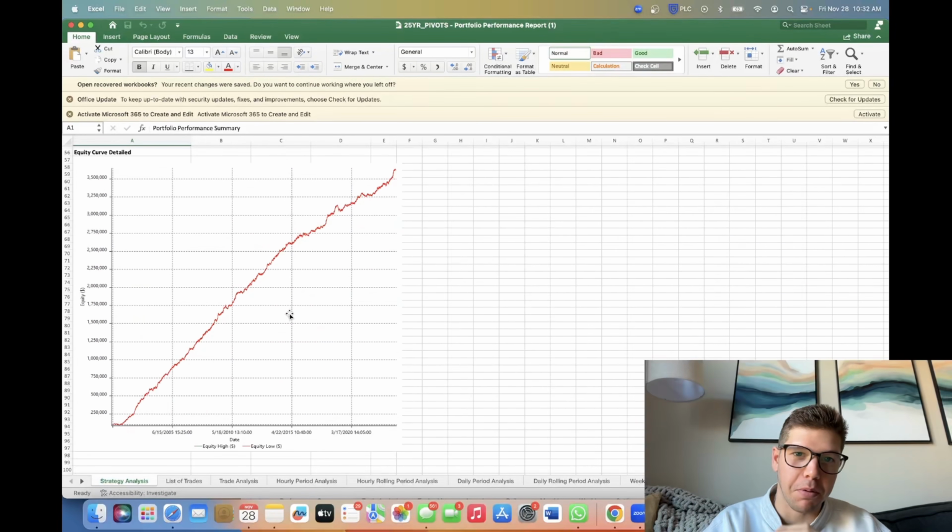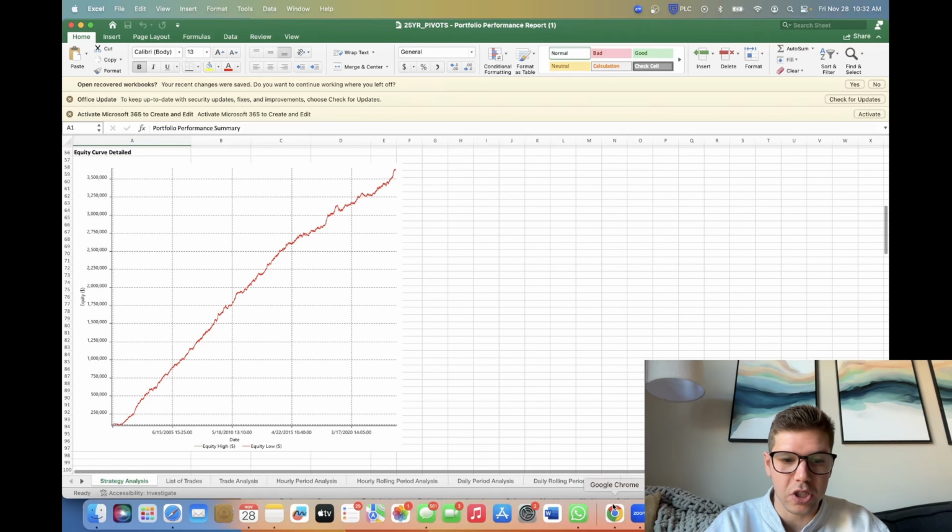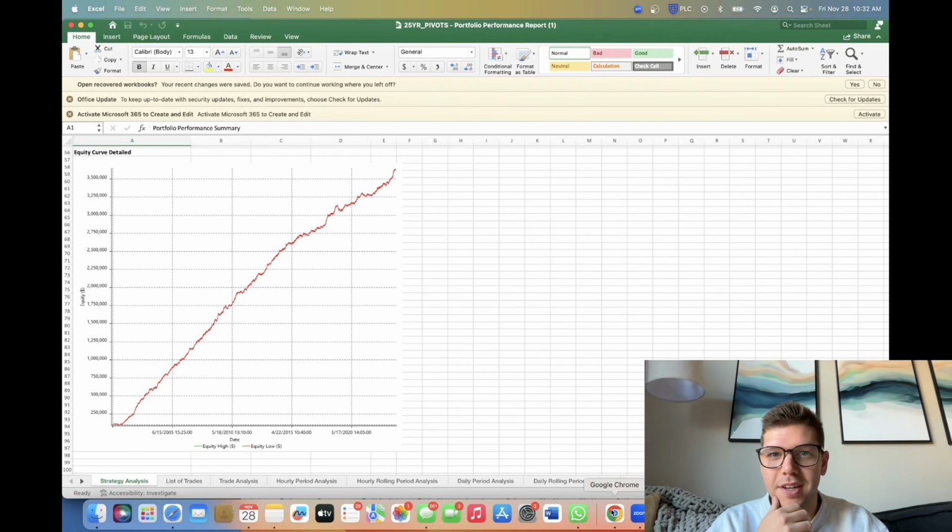Today we're going to be breaking down exactly what the pivots indicator is, what you get within the pivots. I want to break down the data for you guys, live poll the data, show you live statements as well, and generally just how it works,